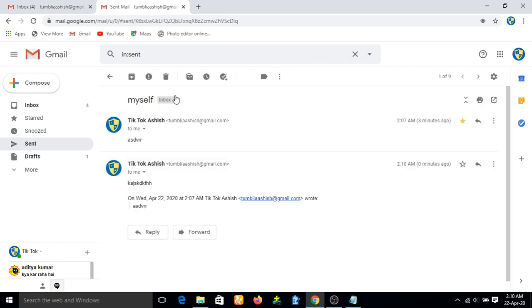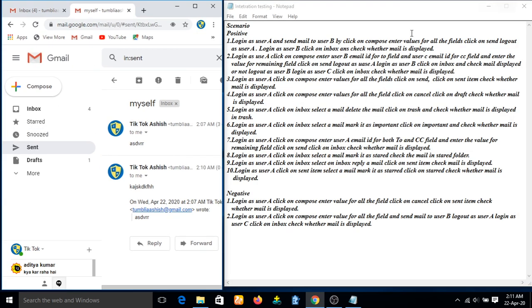Here, in sent also the data is present. That means data is transferred from this reply to sent item. So that means dependency is present in there too. So with this we can say this scenario is also passed.